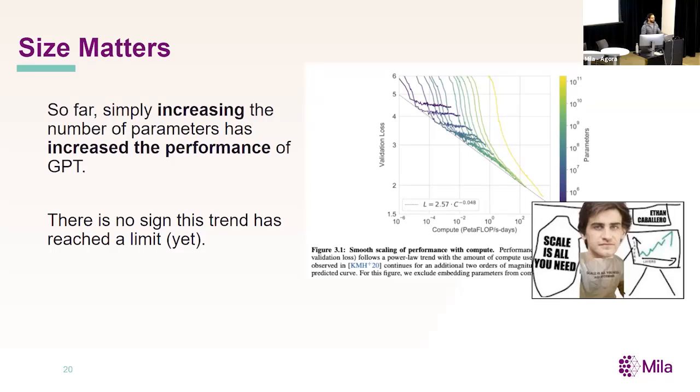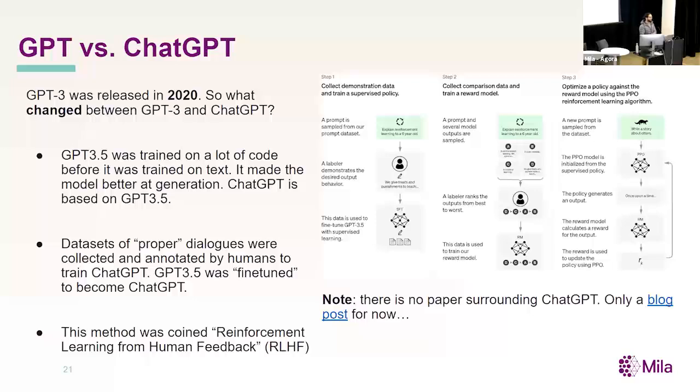And so far, there's no upper limit to this. So it's not clear. Maybe we'll reach a plateau, maybe we won't. He did a really interesting talk recently on scaling laws as well. So there's lots of really important research being done in that direction. But so far, it just seems to be increase the number of parameters, increase the amount of data, you get increased performance. And it's a very predictable kind of increase. So that's something that's very interesting. So GPT versus ChatGPT, what's the big difference?